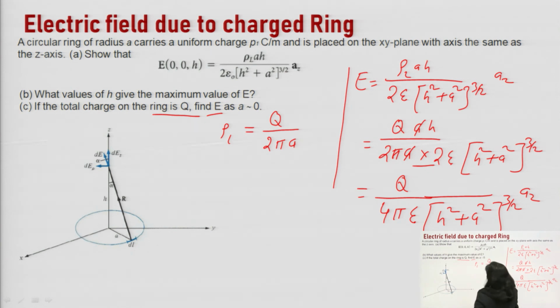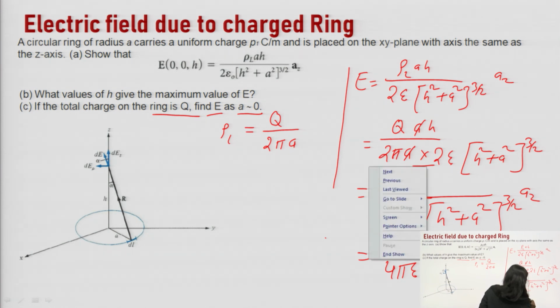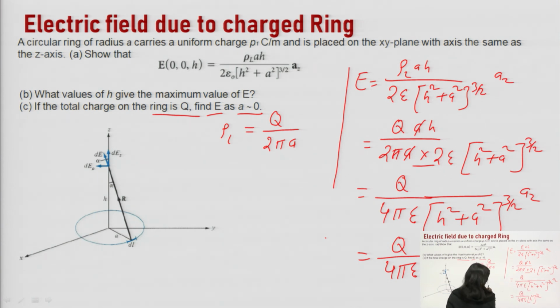Now, as the question is telling, as a tends to 0, if we take a as 0, then it will become q by 4 pi epsilon h square to the power 3 by 2, which will finally become